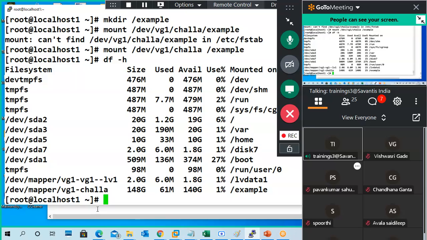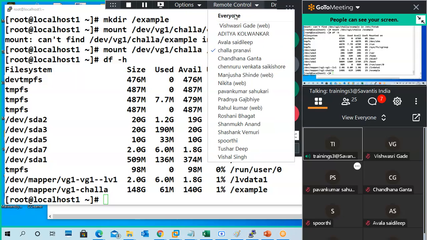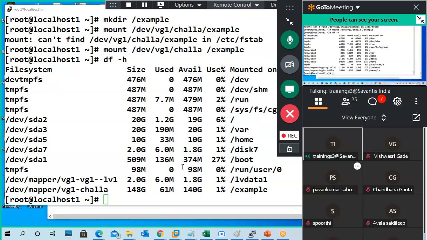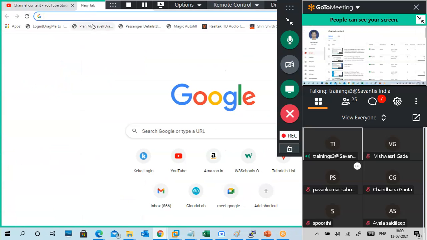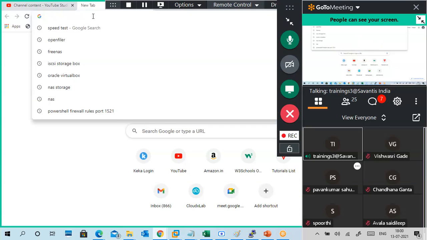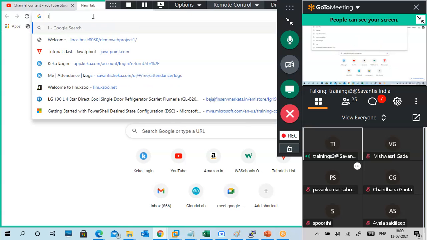If you want websites also, I will tell you some websites to practice this kind of stuff. Even if you feel you can't remember the notes, remember the topic at least. Then you will be able to do it. For example, how to create an LVM.